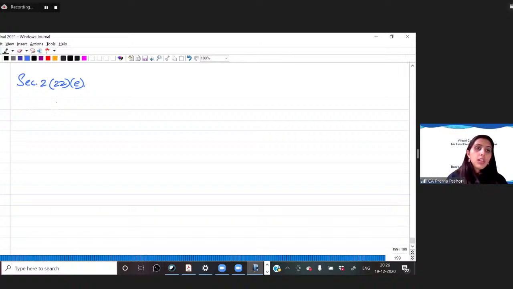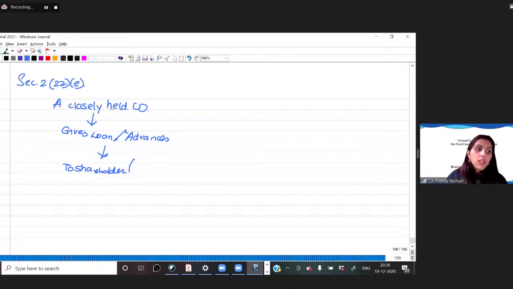What is 222E? A closely held company, if it gives loan or advances to a shareholder holding not less than 10% of voting power as on the date when such loan or advance is given,